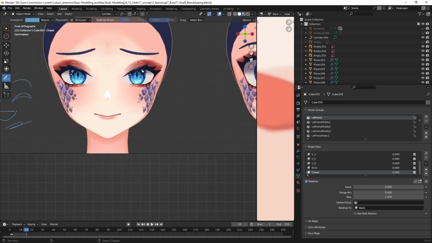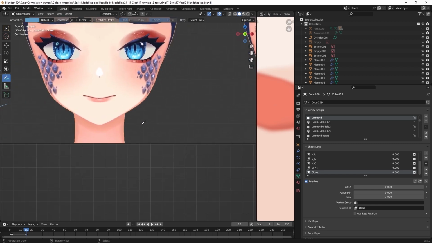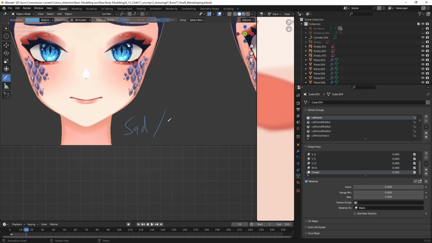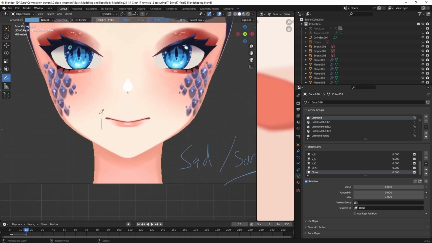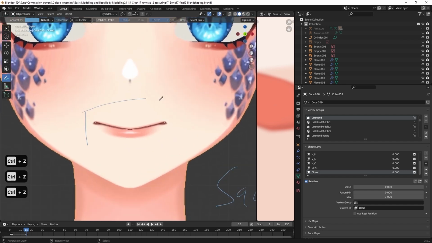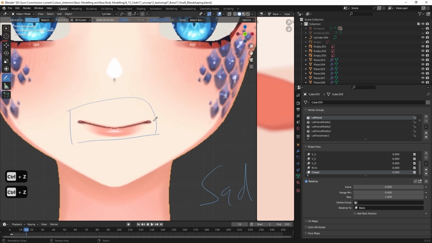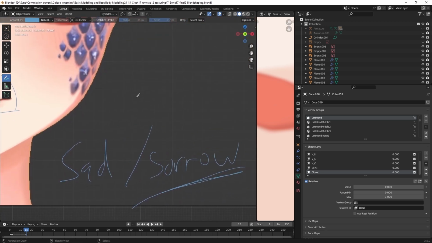And now the next one, we're gonna create the sorrow face, or sad, I think. So this will be sad or the sorrow. For the sorrow and sad here, we still have the eye move. Sorry, not for the eye, I mean for the mouth here. So the mouth will be sad, so it will be like this.